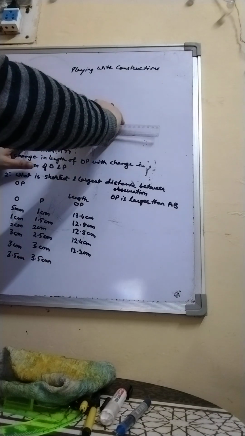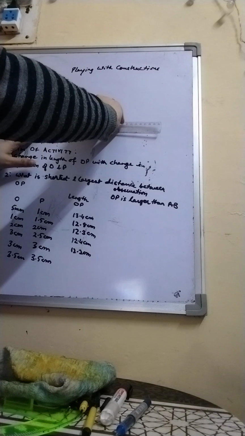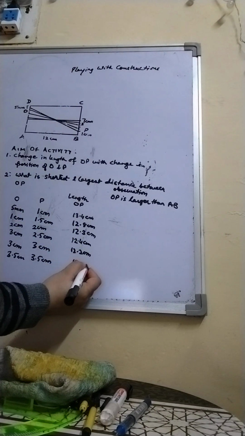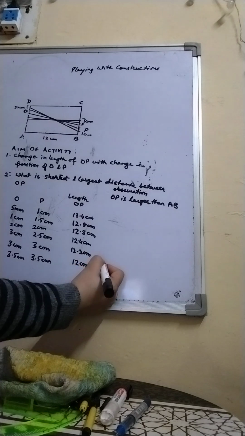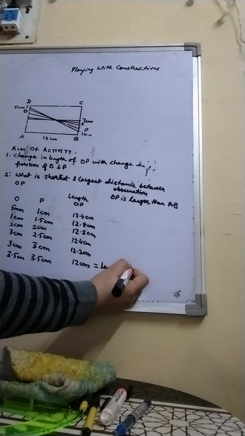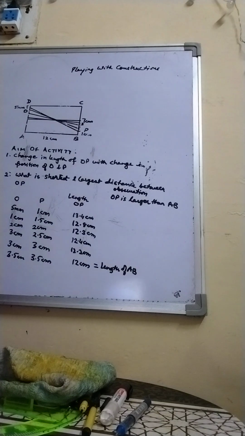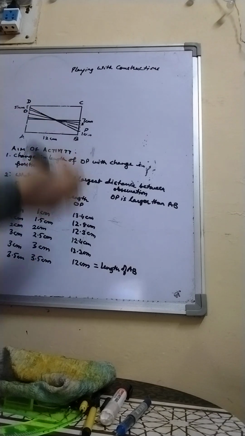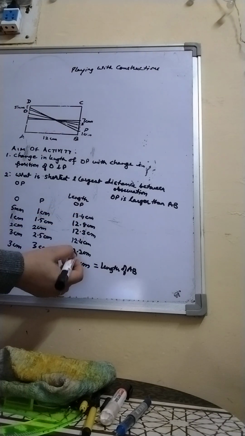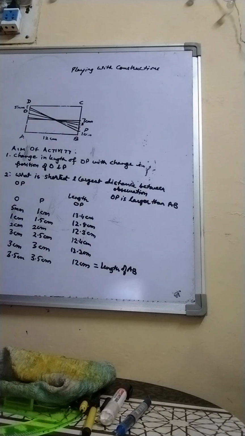Let us measure the length. It comes out to be 12 centimeter, which is equal to the length of AB. Now see here that this is 12 centimeter and all other readings are greater than 12